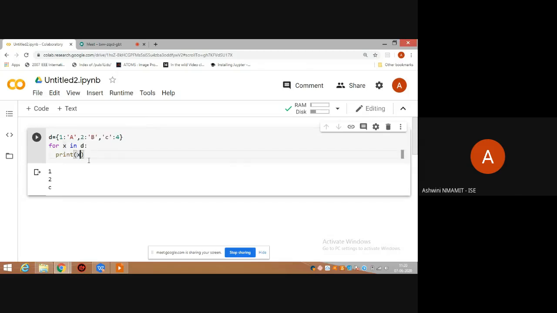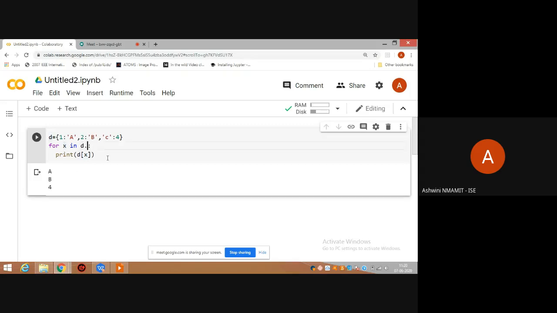If I want the value, then I have to give D of X. So for every iteration, D assigns the key value to X. So if I just print X, it will give me the key. But when I give D of X, it would give me the value associated with the key elements. So that is A, B, 4.